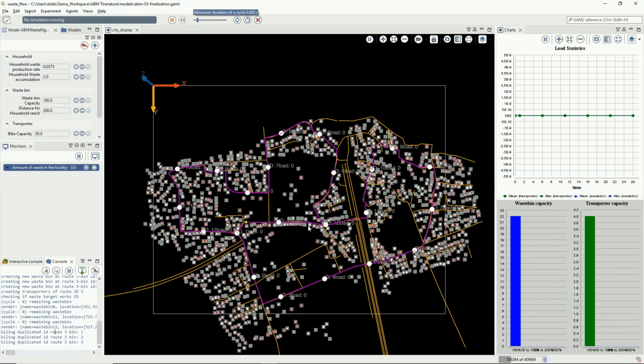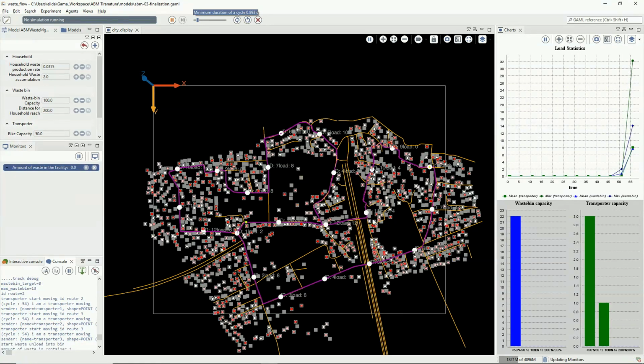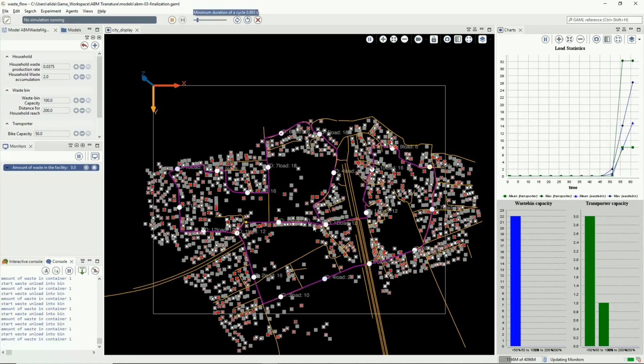I have a delay of 48 hours to start moving my transporters because this is as long as it takes to this minimum accumulation rate, which is the time point when the waste is going to the container. So when they reach this accumulation rate, they go to containers, and then containers start also to change the color